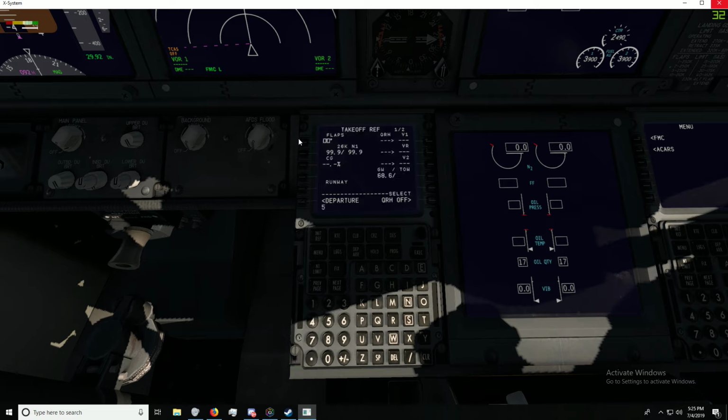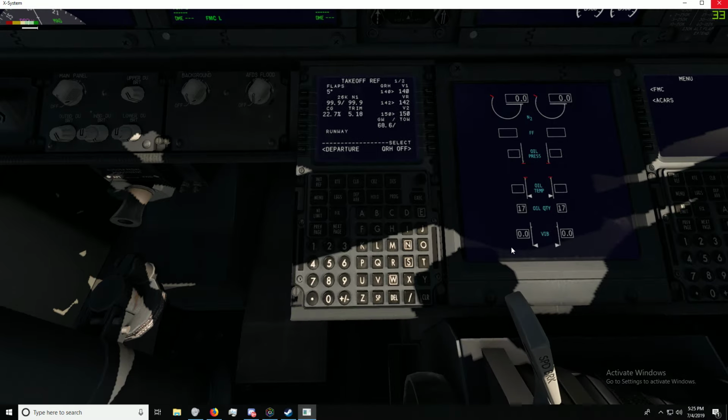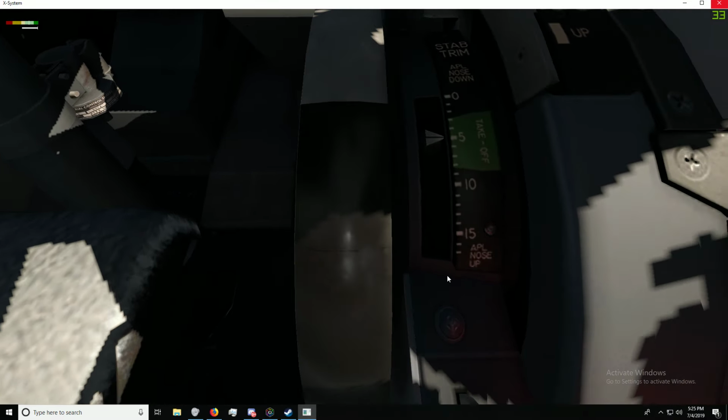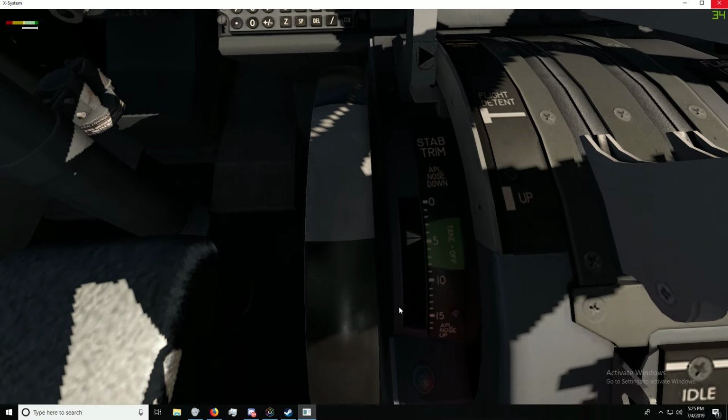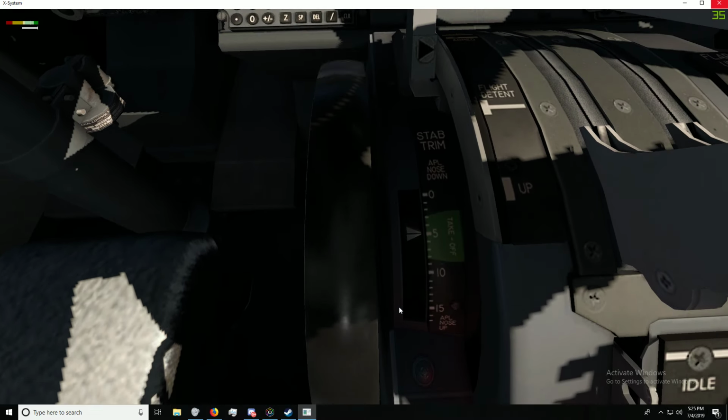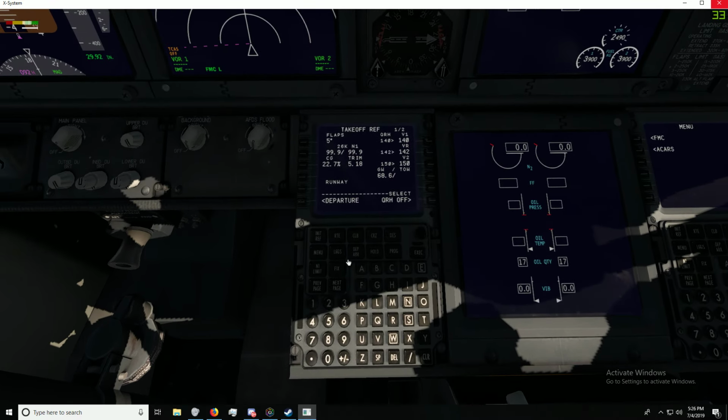And put flaps to 5. Click this, that'll give you your takeoff trim. Click your V-speeds. And then you can go and set off your takeoff trim here, which it says 5.18. So that's just going to be barely just above 5. That should be good. And then you're just going to go from here, go to your departures and arrivals, and